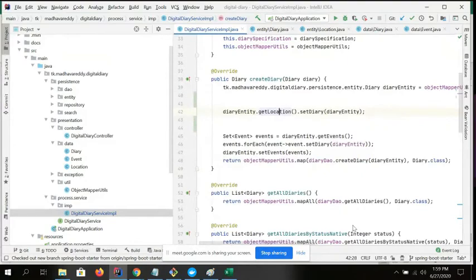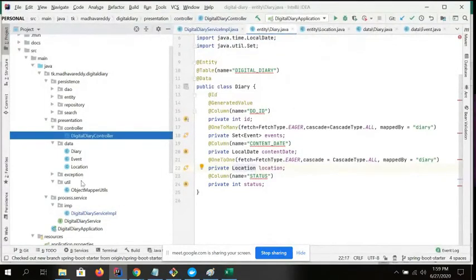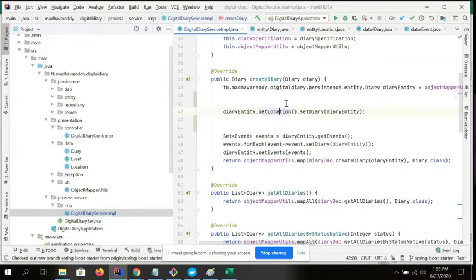Whenever you are trying to save this value, you should always pass the main entity into this one. Then automatically this ID, when it is trying to create an entity in the database the first time, the same ID will be passed into these two.